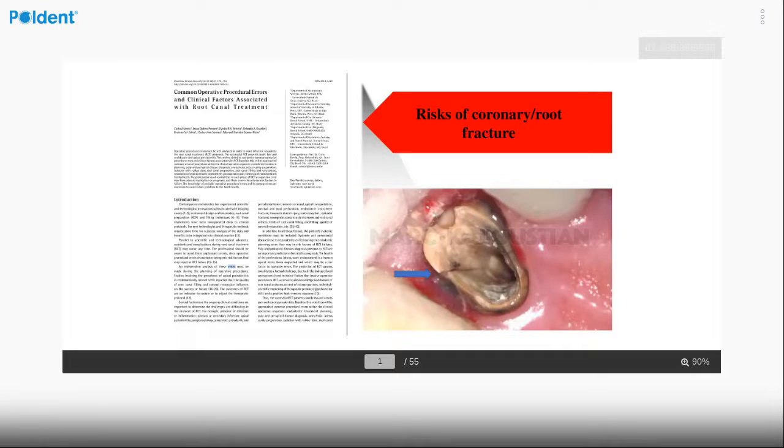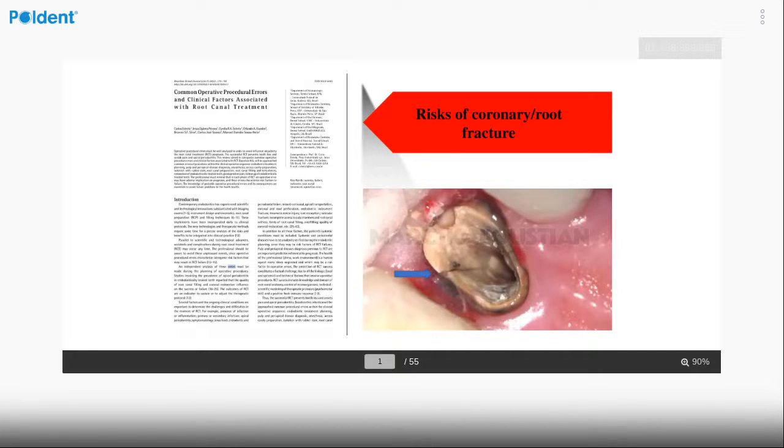The access cavity, and probably Bart will show you later how to redefine the access cavity. What I want to say here is that it is very important for us to make a good, state-of-the-art access cavity, because if we don't enlarge it enough, we will not find the canals and we will have issues later on. If, when we are doing a retreatment, we enlarge it too much, like here, for example,